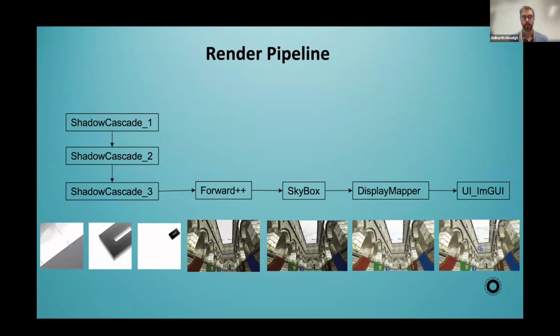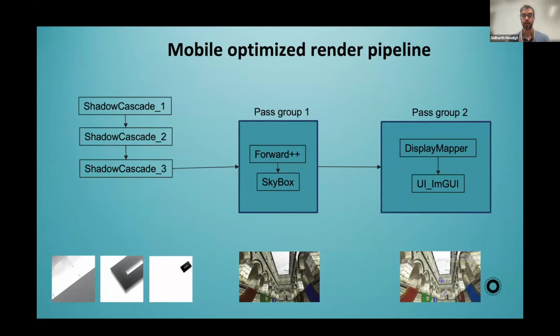If you're given a render pipeline that looks like this, you have 3 shadow passes, forward pass, skybox pass, display mapper, and a UI. So this is a very simple pipeline. Can we optimize this to be way more efficient on a tiled GPU? Yes, we can. In this case, you leave the 3 shadow passes alone, and you can merge the forward pass and the skybox pass